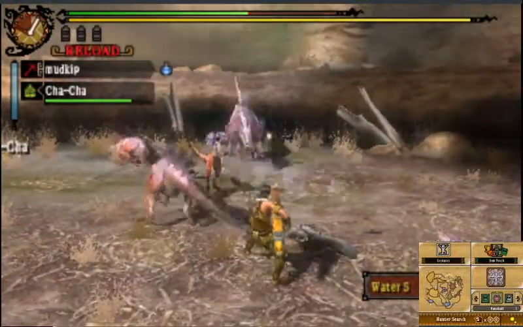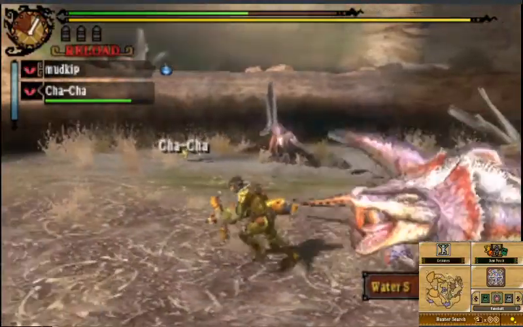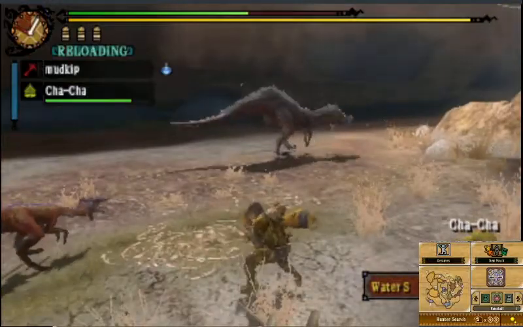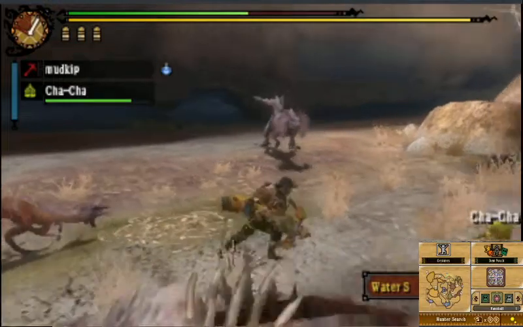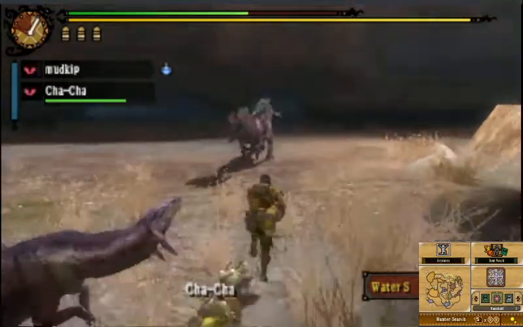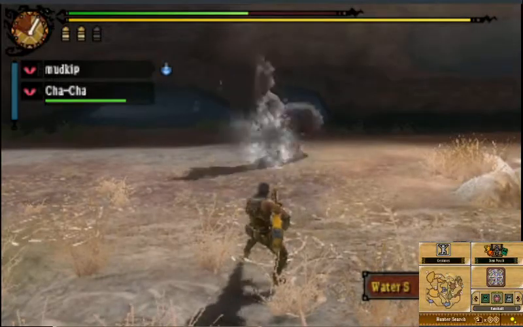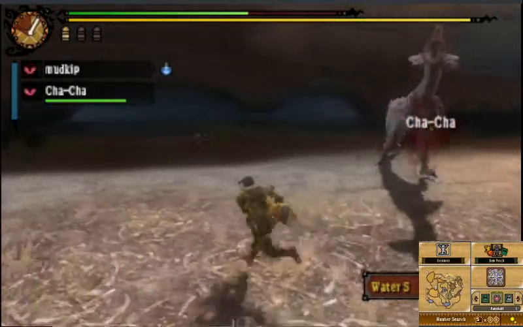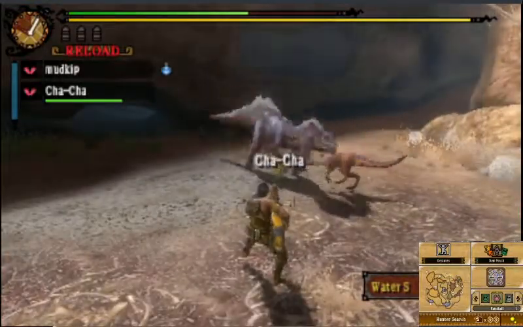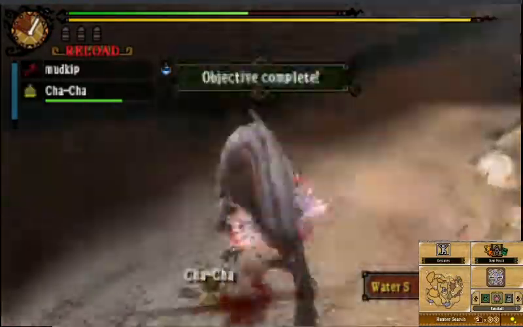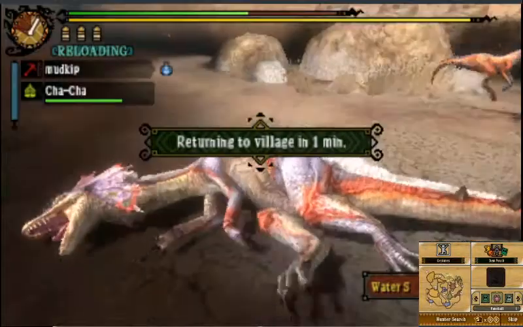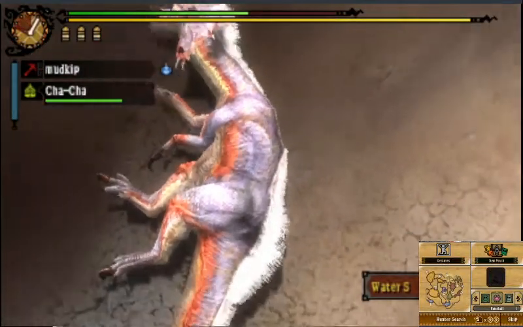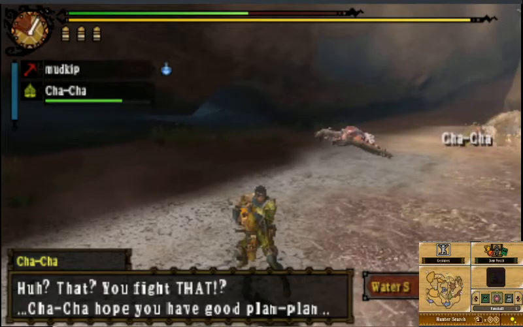Okay, that's a good opportunity when he's calling. So get out of harm's way to reload, and now look for an opportunity. Okay, I broke his quill. Okay, he's calling. Okay, now, oh, Cha-Cha! Cha-Cha with the kill steal! Right, so